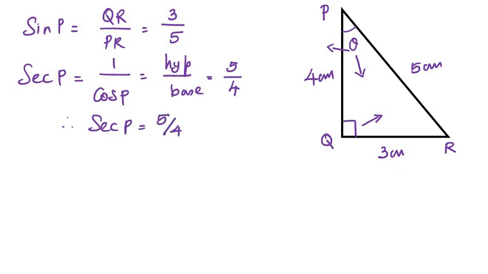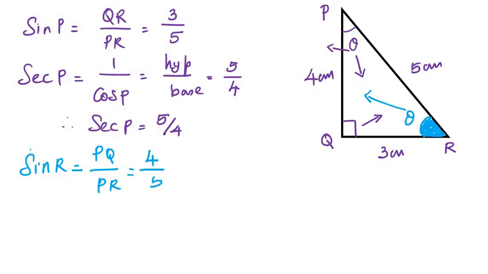So the next part is sin R. Now the location of theta is here. Okay, for your understanding I am giving a different color for this location, right? This is where the theta is located. Now, so sin R is equal to opposite. As I have already told you, opposite is opposite to theta. So which is PQ. Perpendicular, right? Perpendicular by hypotenuse. Hypotenuse is PR. So the value of PQ is equal to 4 centimeter and PR is equal to 5 centimeter.